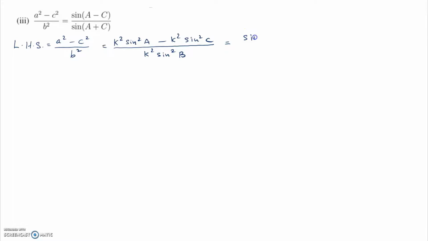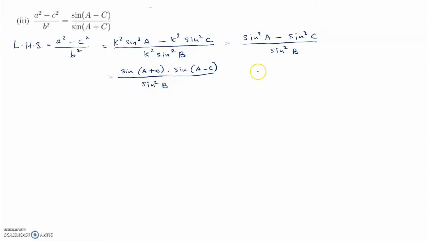So, this becomes (sine squared A minus sine squared C) divided by sine squared B. Now, sine squared A minus sine squared C can be written as sine (A plus C) into sine (A minus C) divided by